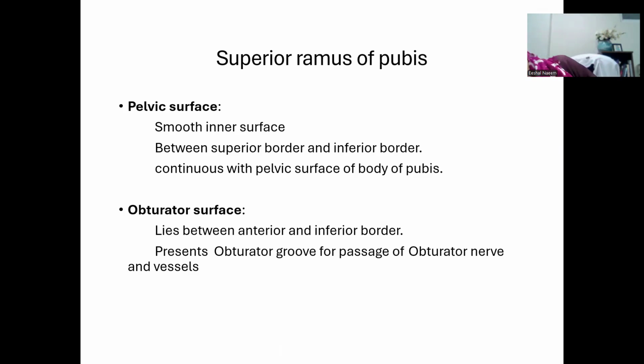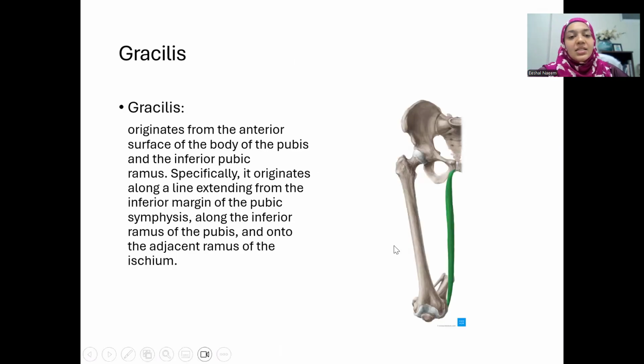I told you the word obturator means close in Latin, and basically it closes the leg. It brings the leg or thigh back to the midline reference point. So the obturator nerve gives innervation to the adductors, the adductor magnus, the adductor brevis. Okay, so the adductors bring your leg back to the reference point, and that's why the obturator nerve is so called. The gracilis is an important muscle.